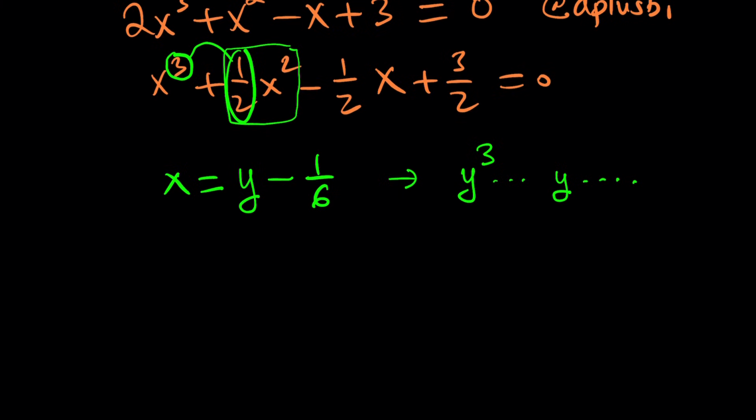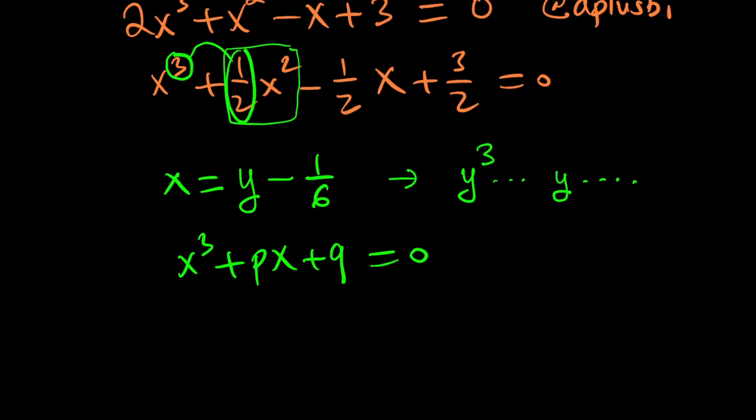So basically, this is going to be a depressed, that's what it's called. Not that it's in depression, but it's called a depressed cubic. So once you take care of that, you're not going to have y squared, so the equation will be easier to solve. There's actually a formula, if you look it up, for equations like these,